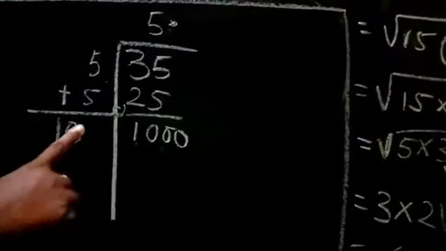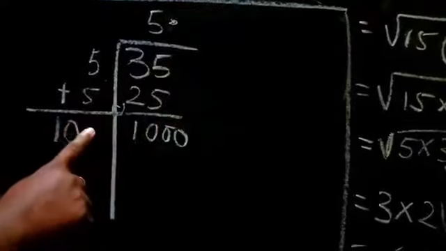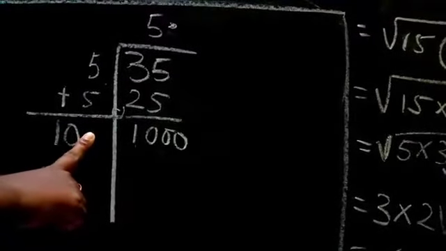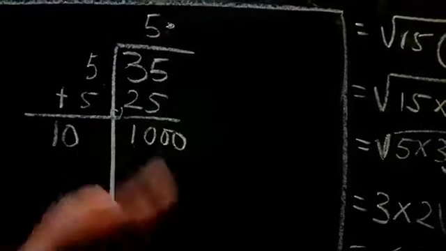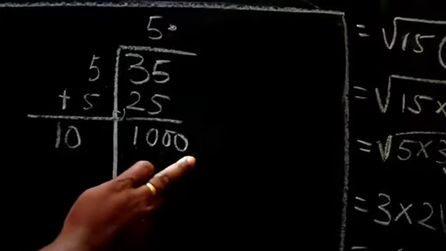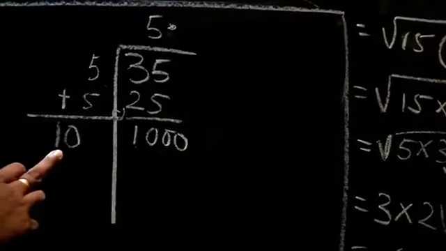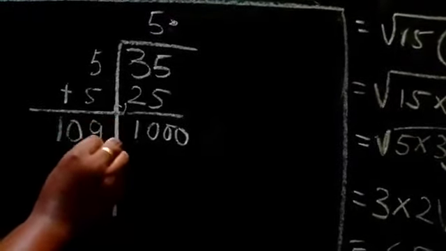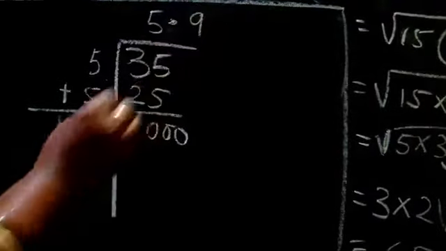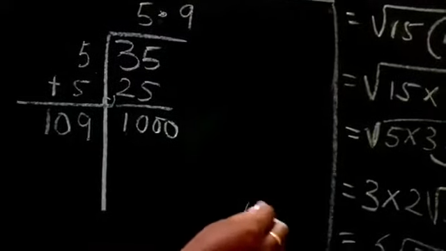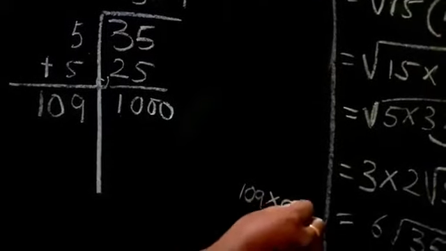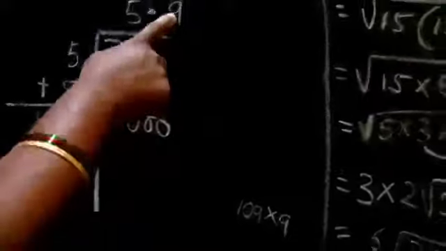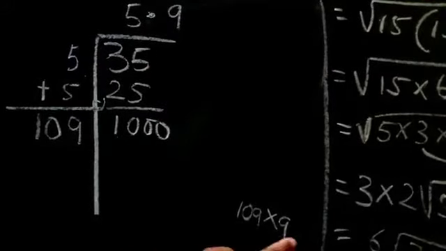Then any number if you write here, the same number we have to write in this place also. So suppose in 1000, 10 times we have 100, right? So that 10 we cannot write here. That's why 9 I am writing. So 9 9s are, now we have to multiply this 109 with this 9 only, not 5.9, only with 9 we should multiply. So here 9 9s are